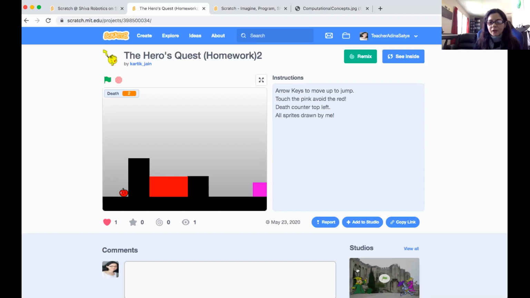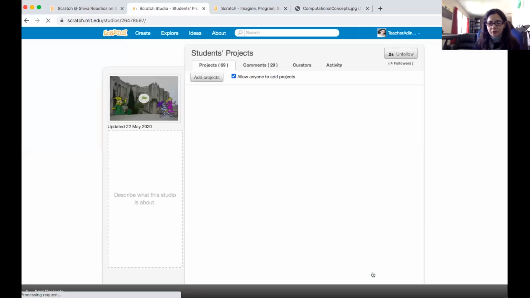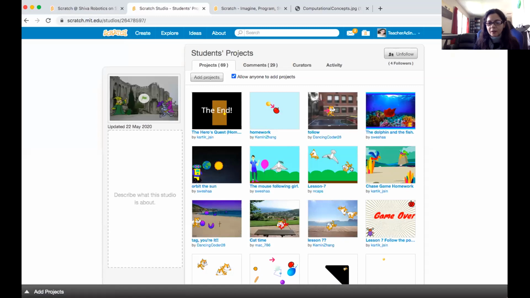Now let's see if we have any more projects shared for this studio or homework. Michaela, would you like to share something here? Is there anything that I don't see? Oh, yes, you did. Dancing Coder. Okay, you did. We already talked about your project. So anybody has any questions at this point? No. So let's see then how we can move on to the next